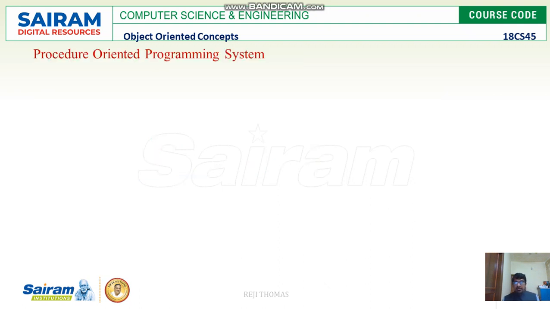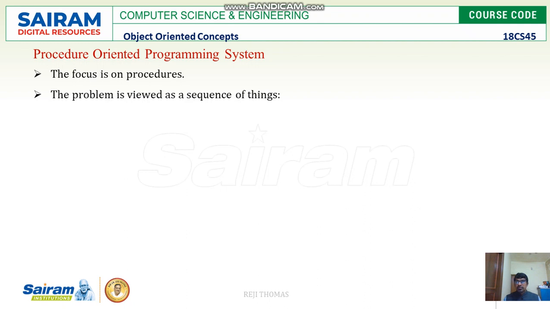Next, let us see what is procedure oriented programming. As the name says, the main focus is on procedures. Procedure in the sense functions. Normally every problem is viewed as a sequence of things.